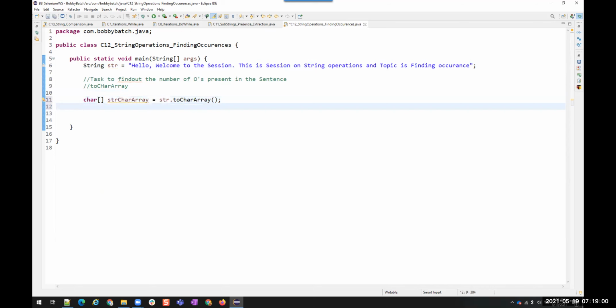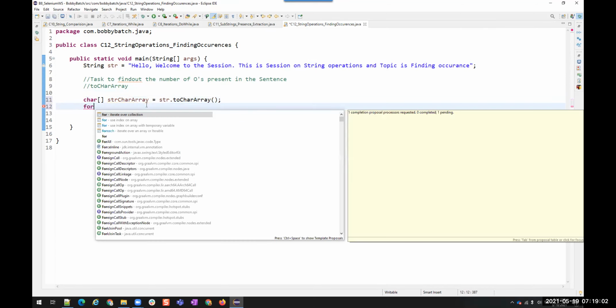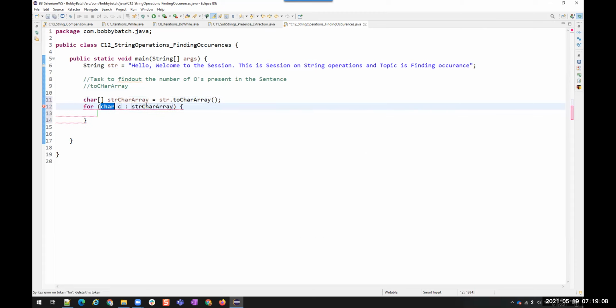Then I'm going to iterate over this, either using a for each loop or a for loop, anything is fine. I'm going to iterate over each character inside this character array, and that character I'll call ch, stored in the variable ch for this loop.